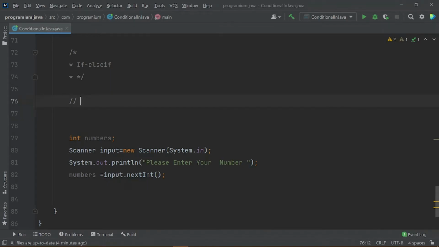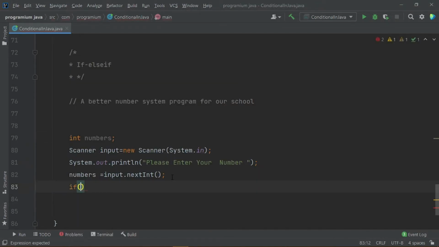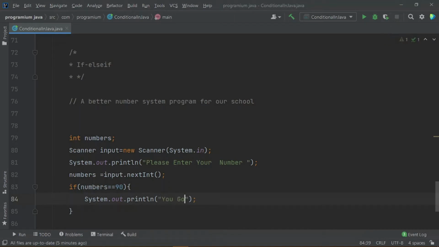Let me write a comment here: a grading number system program for our school. You are very familiar with this code. Now we will use an if condition to check if the number is equal to 90, then we would say you got A grade.